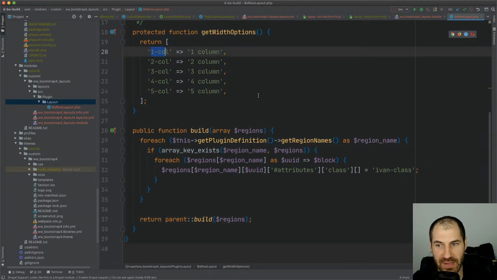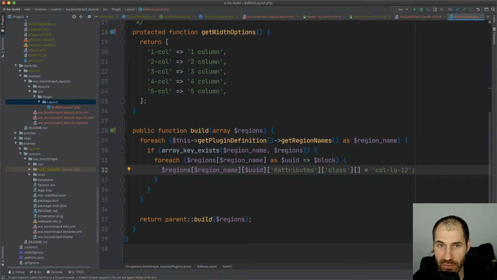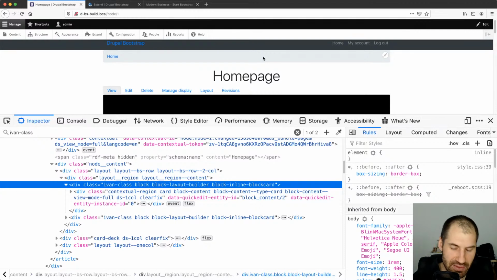So if one column has been added, we need to add in col large 12. If two columns have been selected, we need to select 6, because the content is going to be in 2 columns. When I say column, I mean the individual column itself. If you want 2 cards to appear in 2 columns, then from a grid system, each card needs to utilize 6 columns wide, because in Bootstrap,